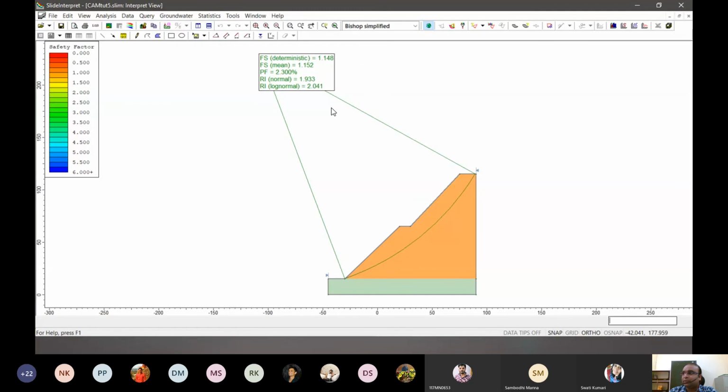So I will stop here. I think even the time is almost over. This gave us a picture of how a probabilistic analysis is done very simply using available software.